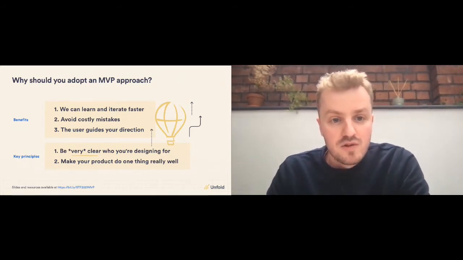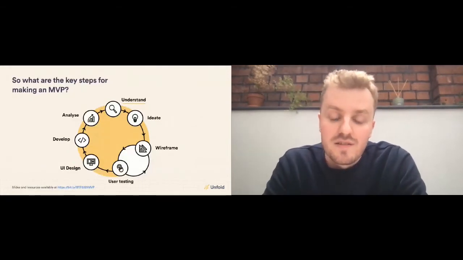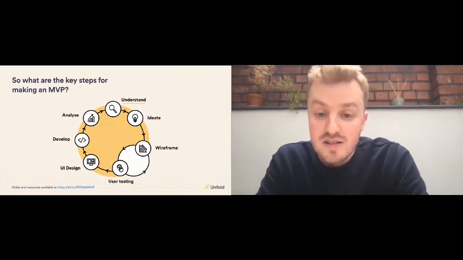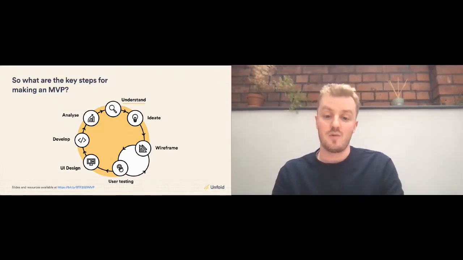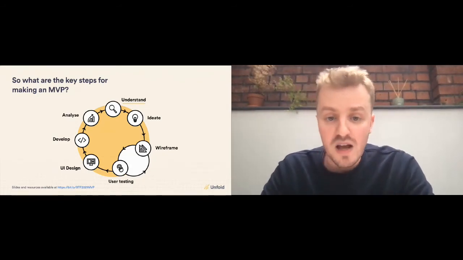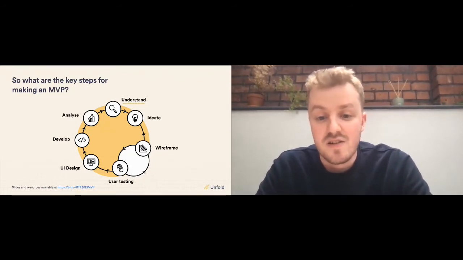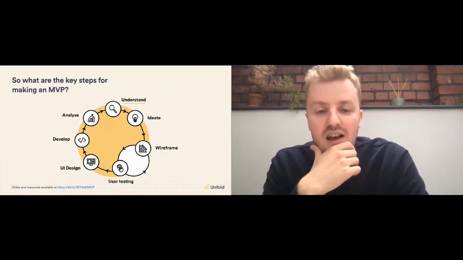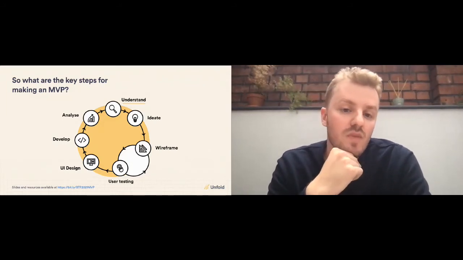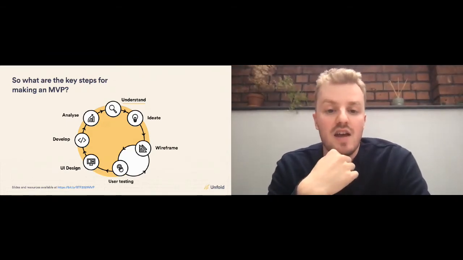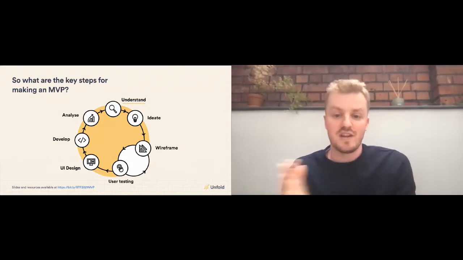We shall move on and talk a little bit about what the key steps are for designing an MVP. I think there are many different versions of a diagram that looks a little bit like this. It's a product, and this is how we go about producing and designing products. The first thing to note is that it's circular. So the process is very much about continuous and iterative development,